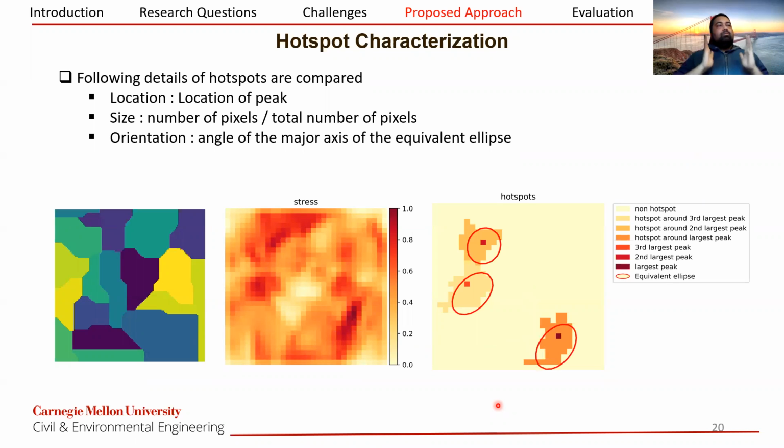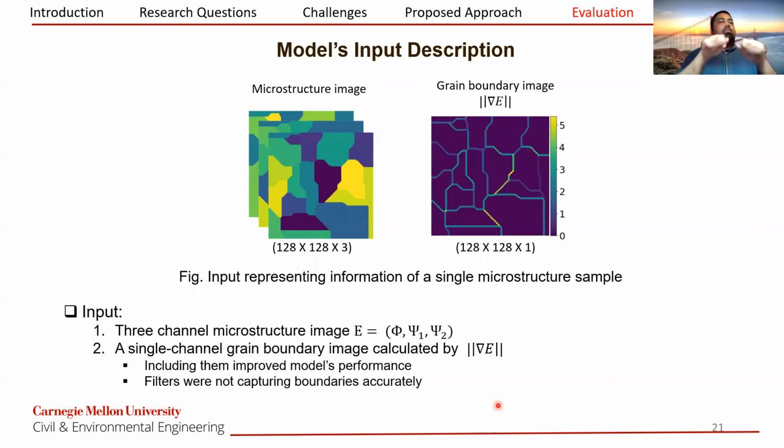So this whole design was made keeping in mind that we want to interpret the model. We just don't want to take the microstructure and predict and just leave it there. That was not our goal. So, in the input, along with these microstructure images, which have the following dimension, we also had to provide this grain boundary information. And this grain boundary is calculated using the gradient of Euler angle, the norm of the gradient of Euler angle. And one of the main reasons for providing it was